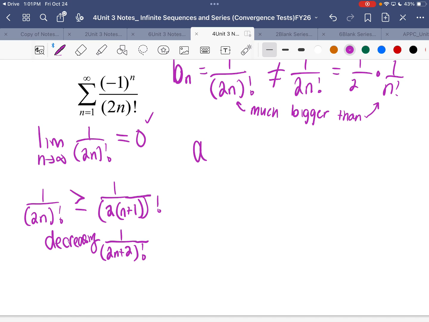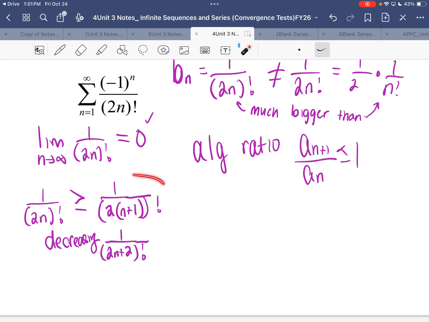Sometimes you're having a hard time telling what's going on. So let's do an algebraic ratio of comparing a_(n+1) over a_n. A couple of the things on the classwork will be easier if you do the algebraic ratio than this comparison. For some people, comparing is all you need and you can confirm that it's decreasing. Other people are like, I don't get why we know this. So the next term would be 1 over